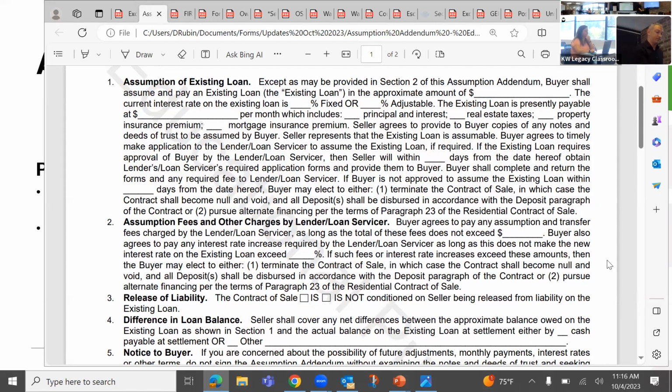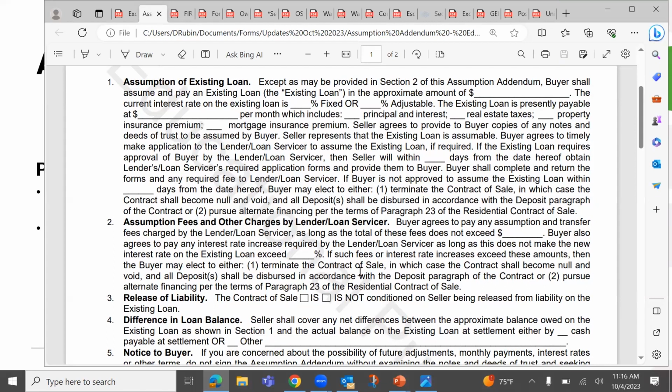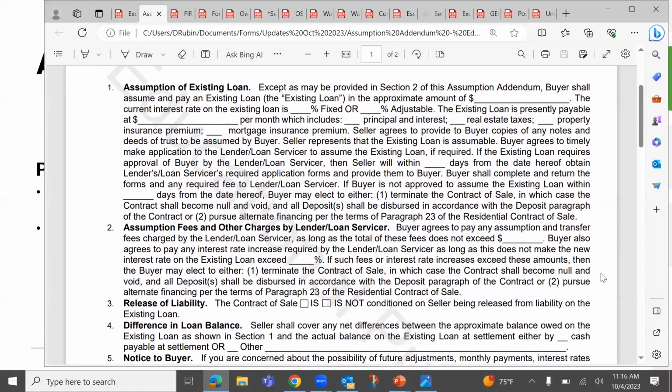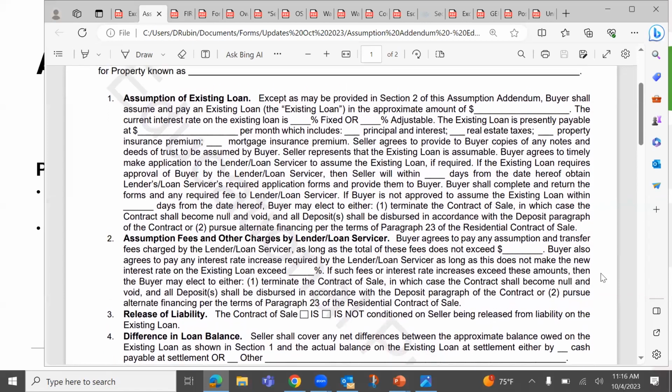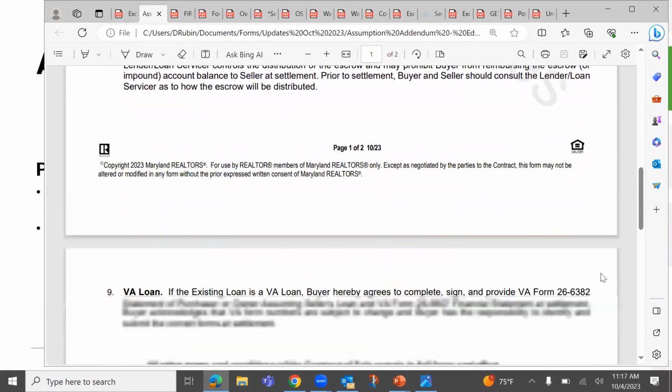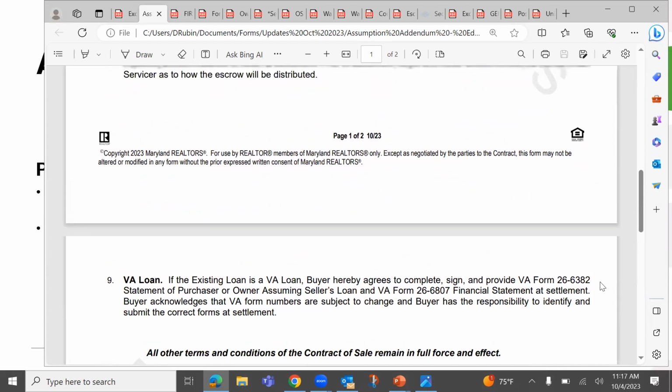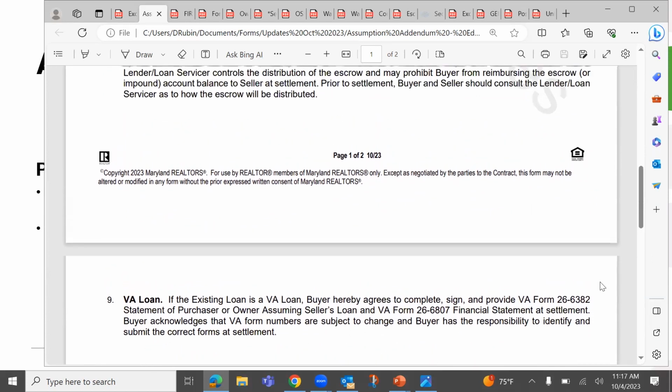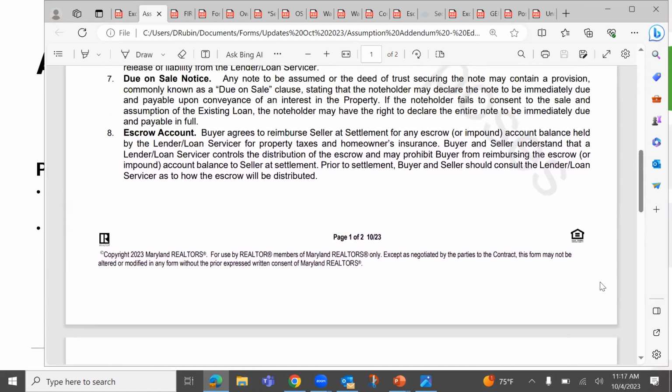That's a great question. And then one more, sorry. Typically whenever you're assuming a loan, the seller is still selling in order to get a profit, right? So they're usually selling at a higher price than the loan balance. So is there no part of this that covers the buyer obtaining financing for that remaining difference? Because that's usually what happens, right? They have like a $250,000 loan, but they're selling for $300,000. The buyer's assuming the loan to get that lower APR, but what about that $50,000 difference? Is the buyer just having to come to the table with cash on that?